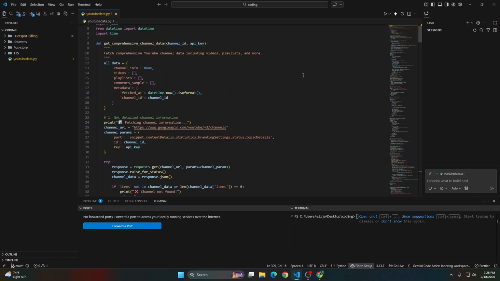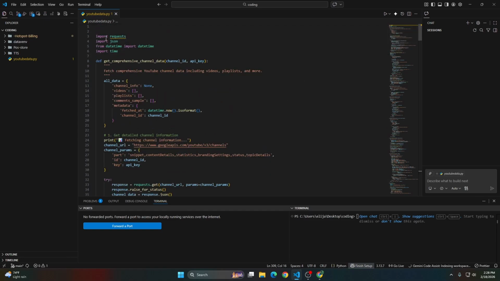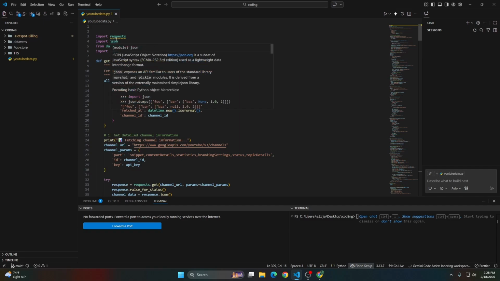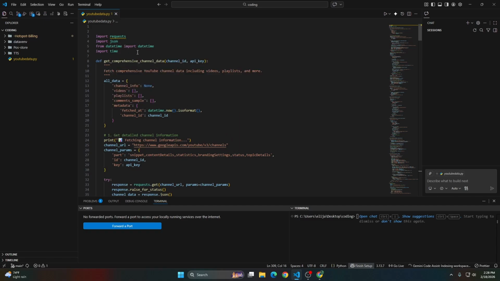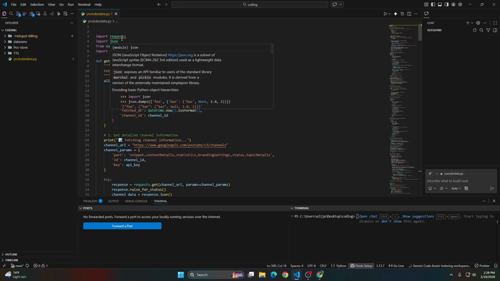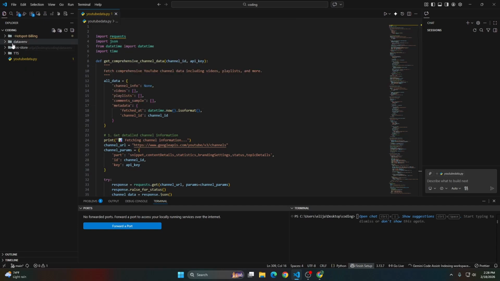you can see that this Python script imports requests, imports JSON and datetime and all that. For you to run it, make sure you have Python installed. For me, I always separate different environments, so I've created a virtual environment for this. It's called data.venv. I'll activate my virtual environment first. Just go to data.venv,